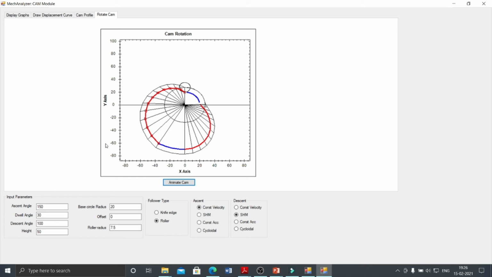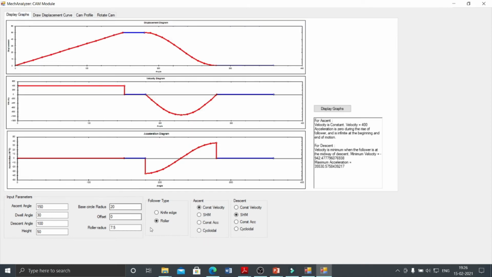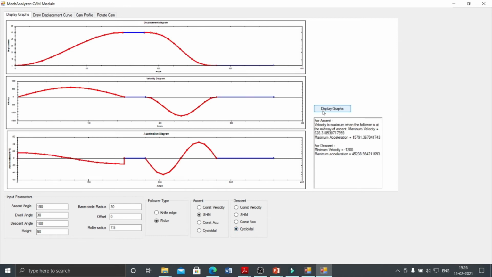Okay, again, if you want to change the follower motion during the ascent and descent, suppose at the start I want to take simple harmonic motion, and during the return, or descent, I want to take cycloidal motion. Just click on display graph.